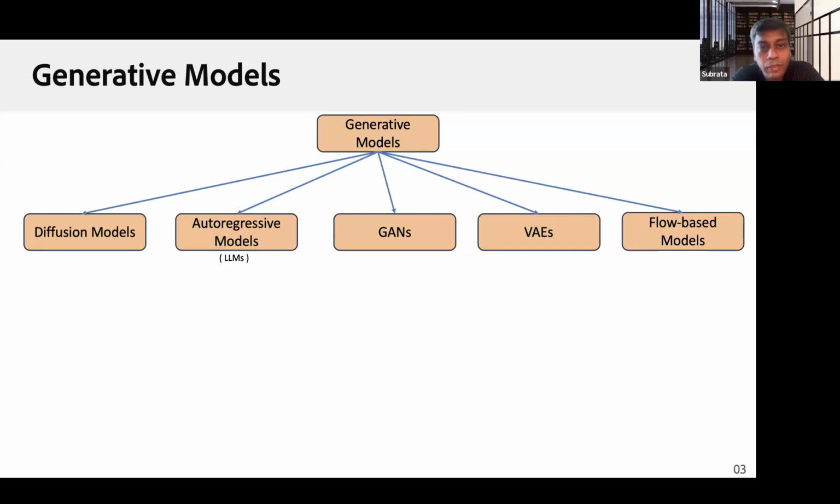Just a very brief overview of when we say generative models. There are various types of generative models. In the past, before the recent popularity, people have extensively explored GANs and VAEs, and then there are flow-based models. But over the last, I would say, 2-3 years, most of the discussions are going around only two classes of